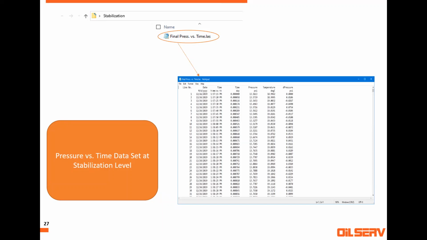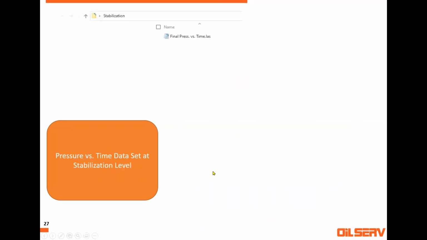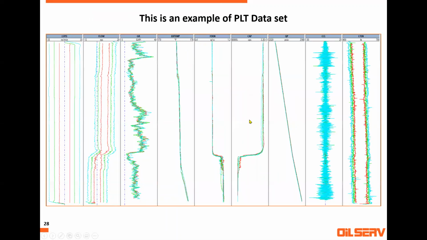For the PLT data, the difference between each record is usually 10 centimeters, which we call the step. For pressure, because it's versus time, it increases 1 second each time. The minimum data is pressure with time from 1 until the end.